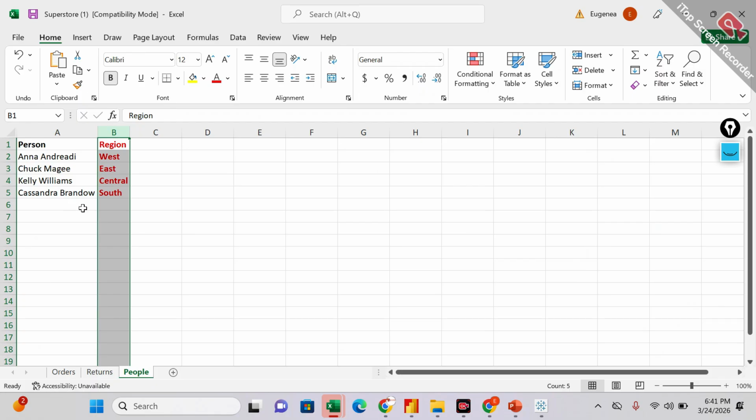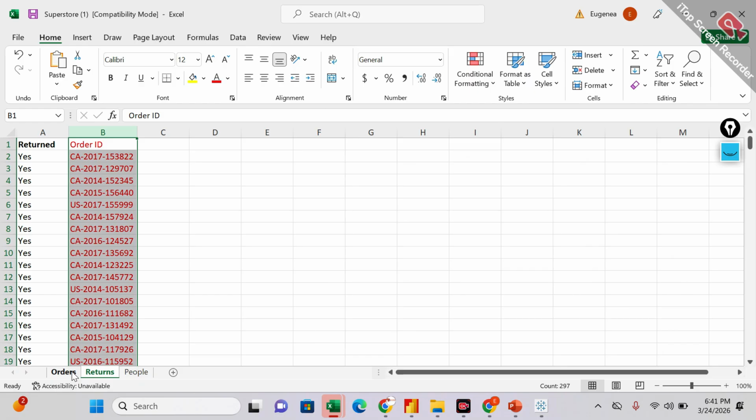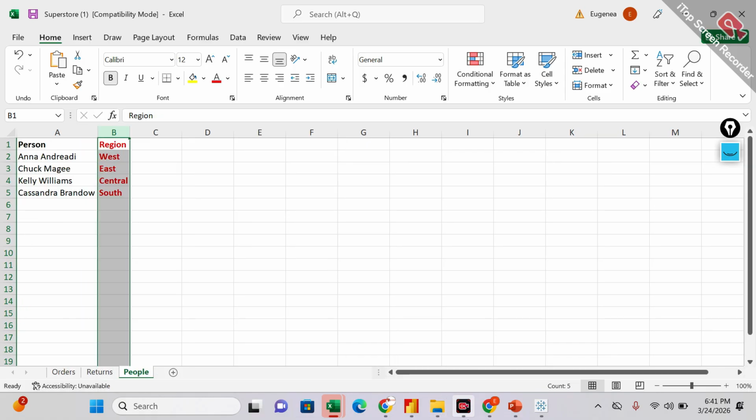In the Southern region, Cassandra was there. So we want to make a connection, like we want to link these three tables to be one. So I've said that orders is the common table. It has everything. But now for returns, the only link between returns and orders is order ID. And the only link between orders and people is region. So for us to make that connection,